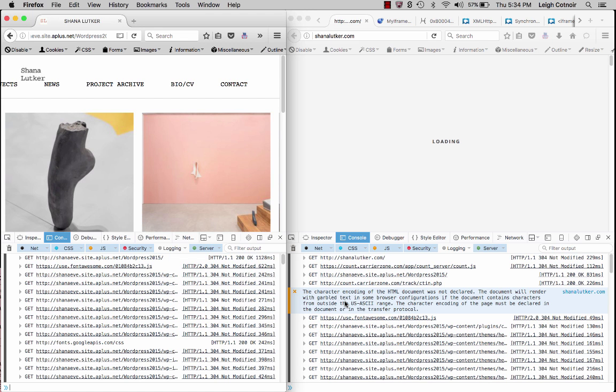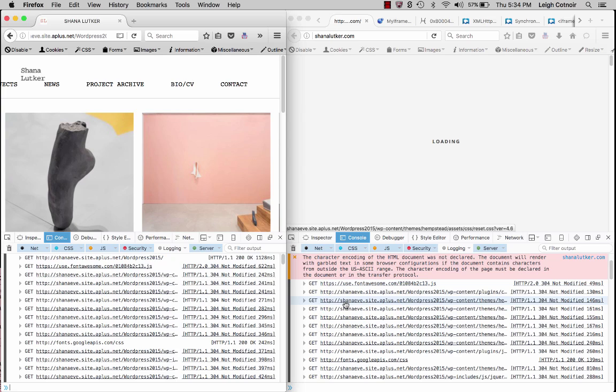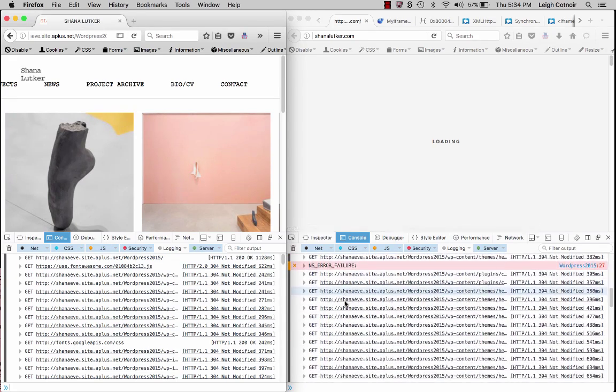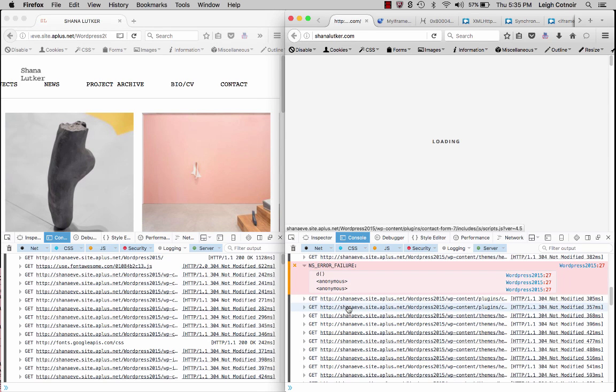I don't believe that's what's really causing the problem, but it is a problem in general. A bigger problem is where it says NS error failure, and it's got a link over here to the WordPress 2015